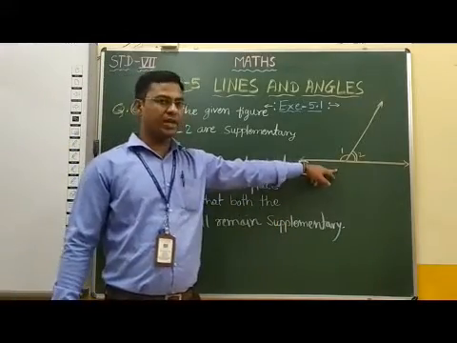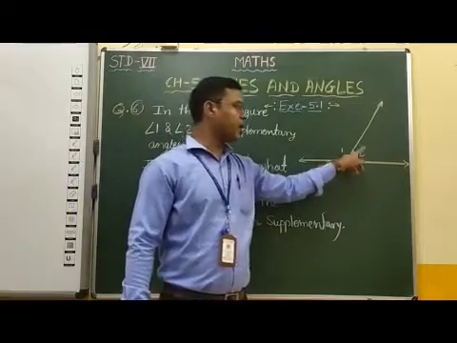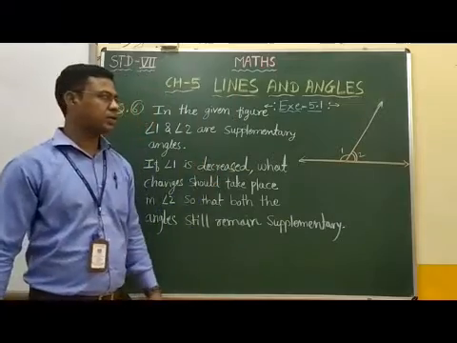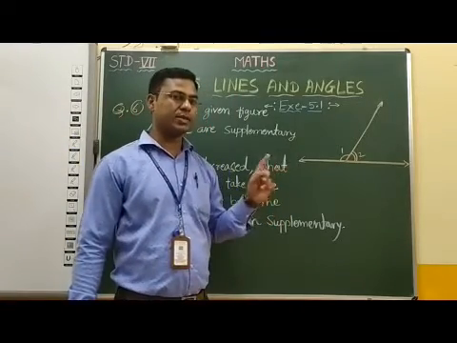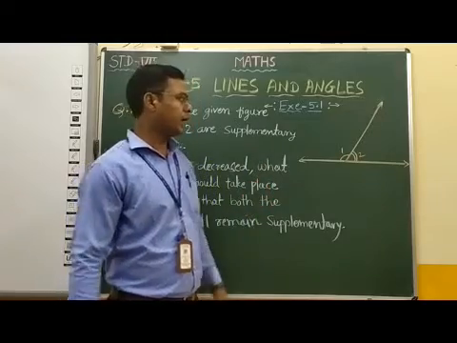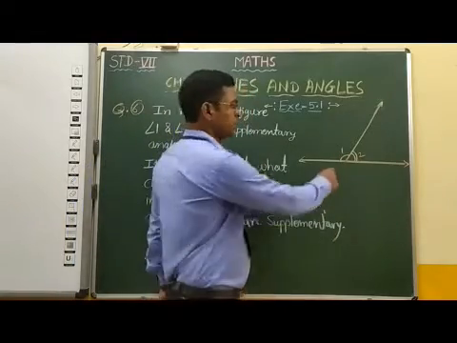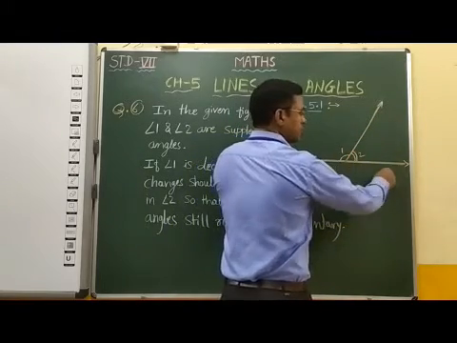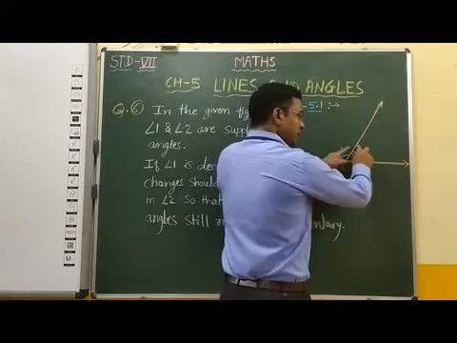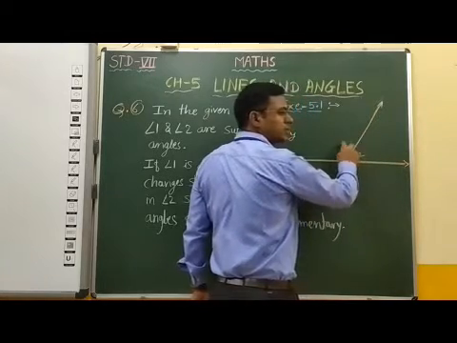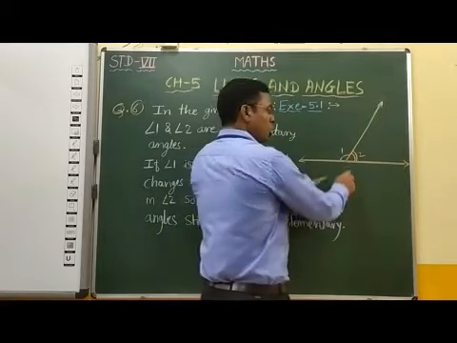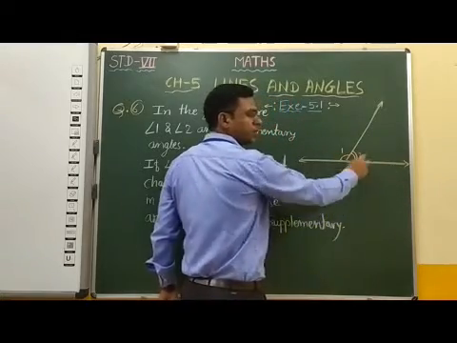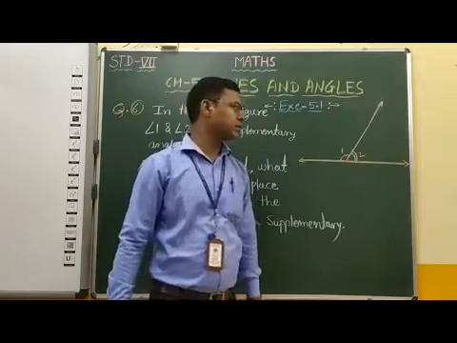Here one figure is given. In this figure there are two angles and these two angles are supplementary angles, means the addition of these two angles is 180 degree. And here we observe that this ray is a common arm and these two are non-common arms. The common arm lies between the non-common arms. Therefore, these two angles are adjacent, and the non-common arms are opposite rays. Therefore, these two angles are linear pair angles.